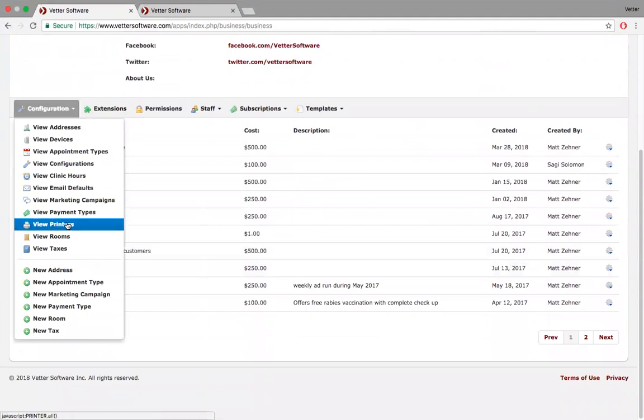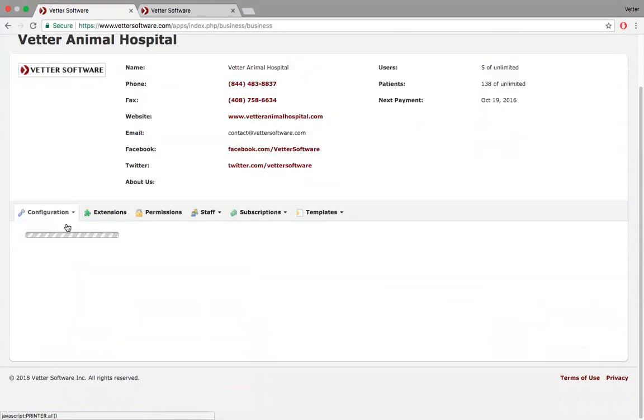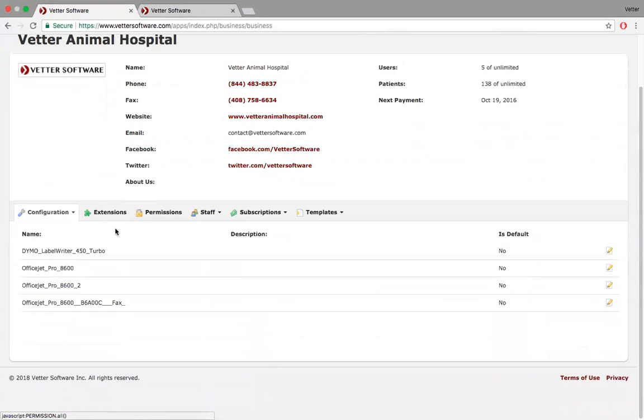Now, viewing printers, I'm going to tell you, I like to say, we can connect all the printers in your clinic. The Google Cloud Print at times is sensitive, and I'll tell you why. Because Google always updates its browser features. And when they do so, amazingly, they don't call Vetter and tell us that, and that may throw the printer offline. But the most common way that printers get thrown offline, and I know this from our support queues, and we analyze this, is that someone in the clinic will turn off the computer